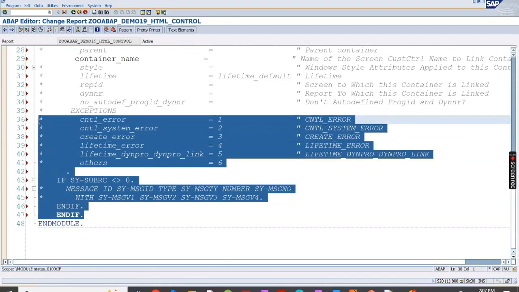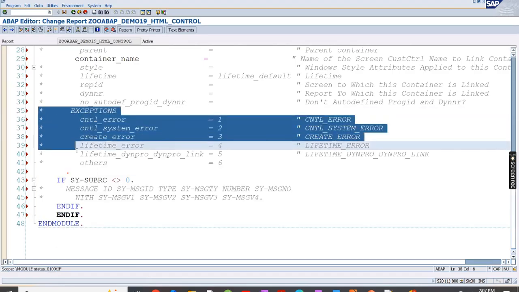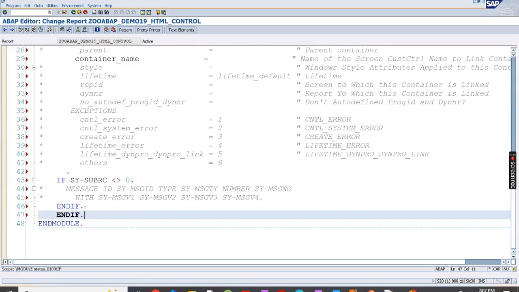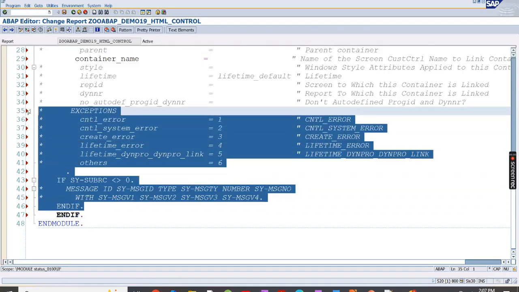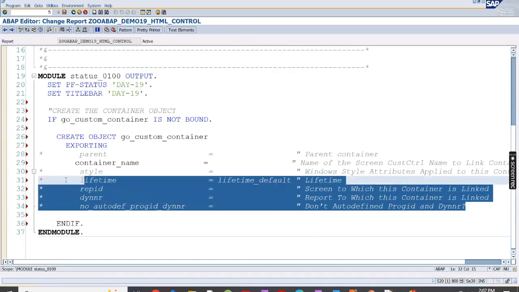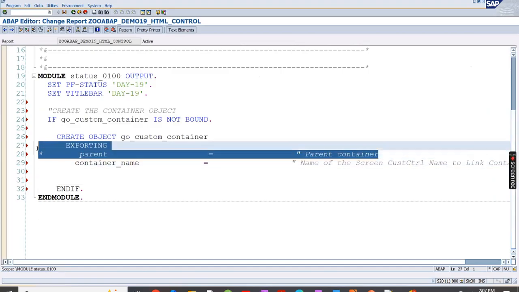All this, let's keep the code simple, but in real time please mention the exceptions, and this is always good to cover. I'm just going to keep my code simple, it will be easy to understand. So just remove all these things, not required. 99% of the times we use only this, the container name,